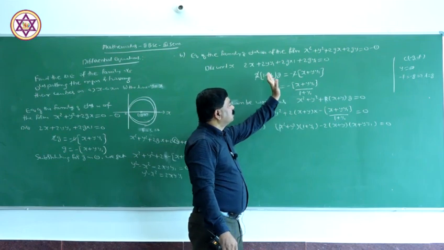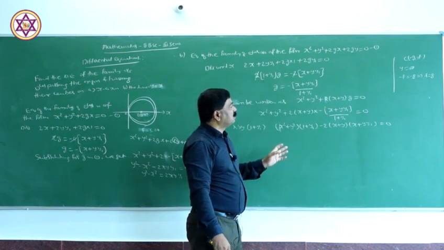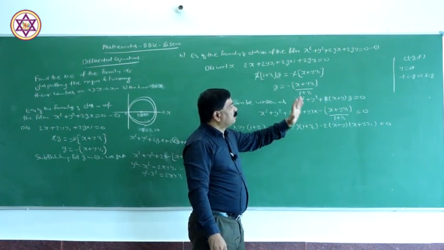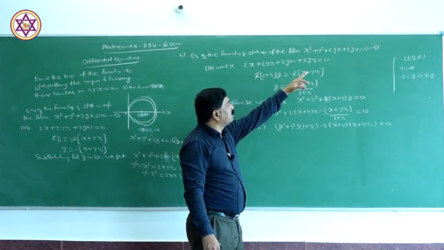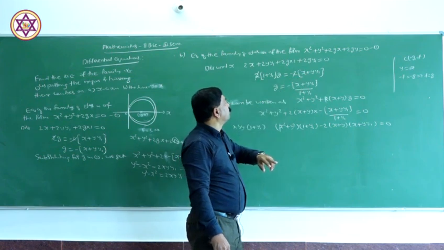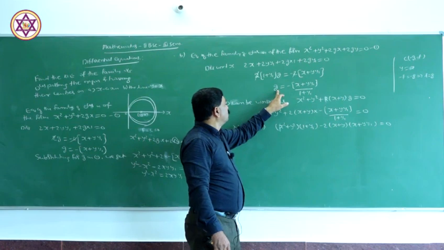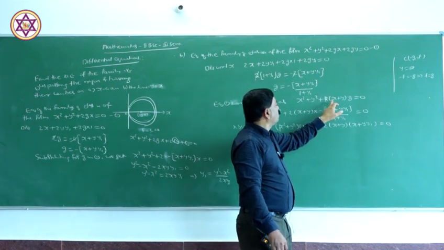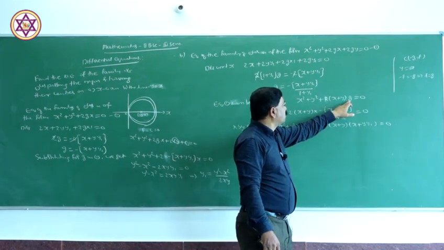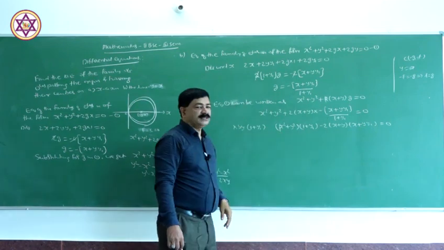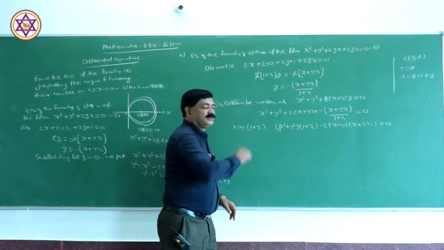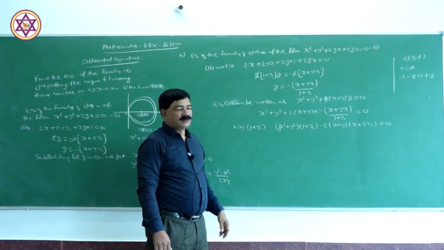Here line y is equal to x. Line y is equal to x means here f is equal to g. Instead of f, I am taking g. x squared plus y squared plus 2gx plus 2gy is equal to 0. Differentiate this one to find g value. So if we take 2g common, we get 2 of x plus y of g. Substitute for g. After simplification, we get this one. This is the required differential equation of the family of circles.